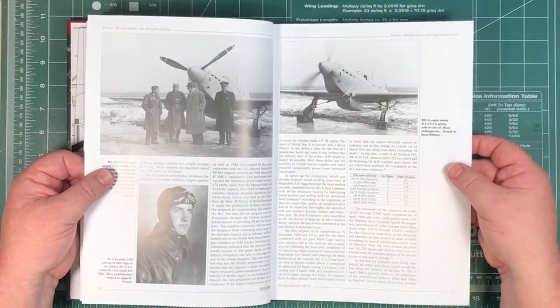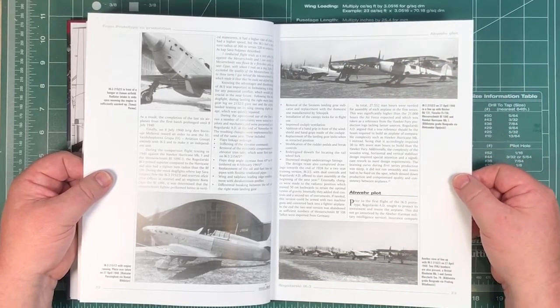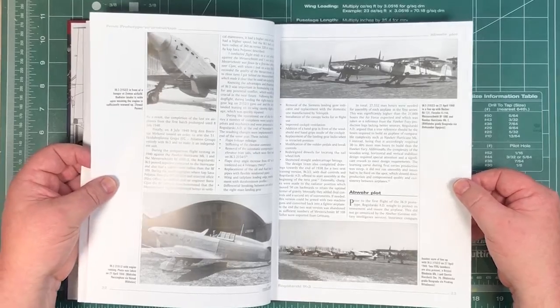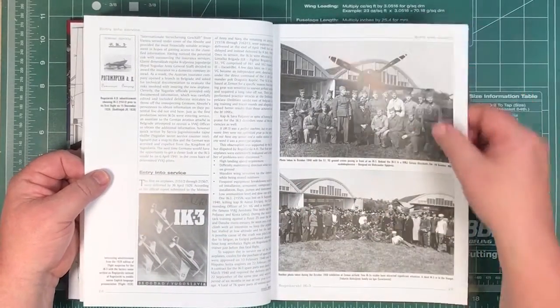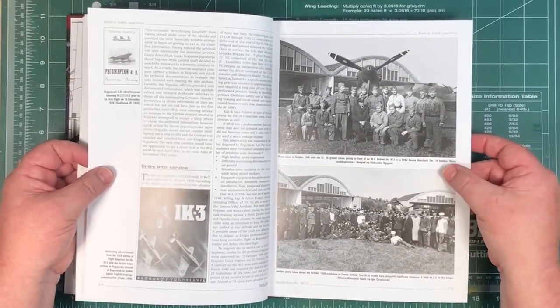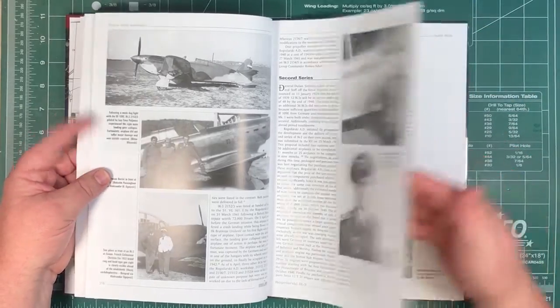Production versions. It actually goes through basically every single aircraft, you can see it is tracked to see exactly what happened to it, and not only where it ended up, but also what it got up to while it existed. It entered service, second production series,